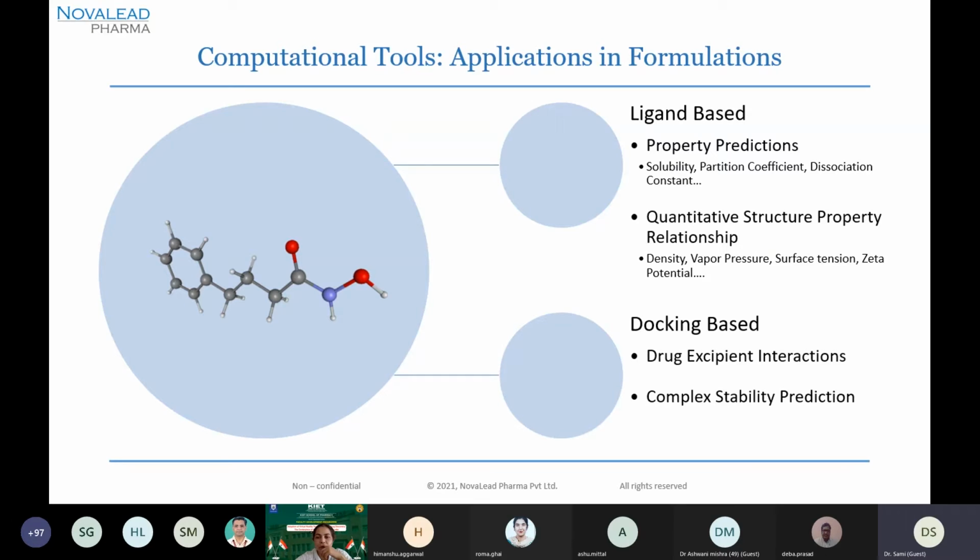Whenever we are talking about a formulated product, we are not talking about a single molecule and its activity, or its corresponding property, whatever property we are talking about. In a formulated product, just to give you the complexity level, there are multiple components present. So it's a kind of mixture QSAR. It's not a single molecule QSAR, and it's a very, very difficult exercise because when molecule A is isolated and you are doing simple drug discovery work and seeing its efficacy or solubility or whatever, you are seeing one particular biological property variation. But here, there are multiple such components or molecules, and then they talk to each other.